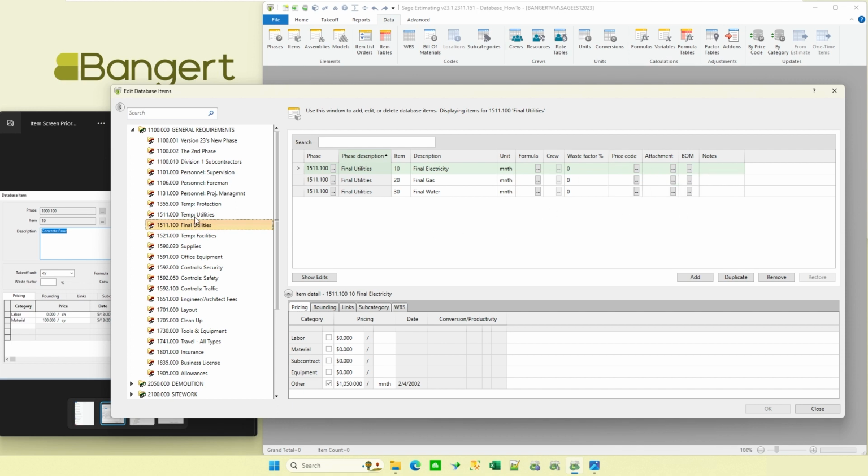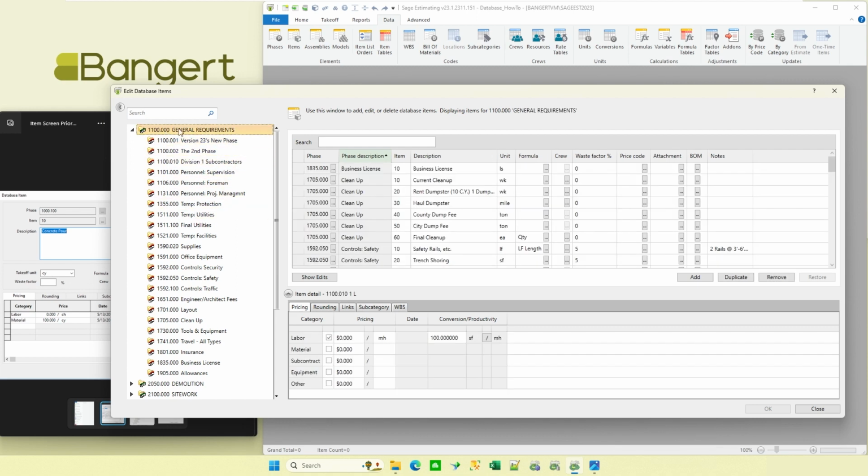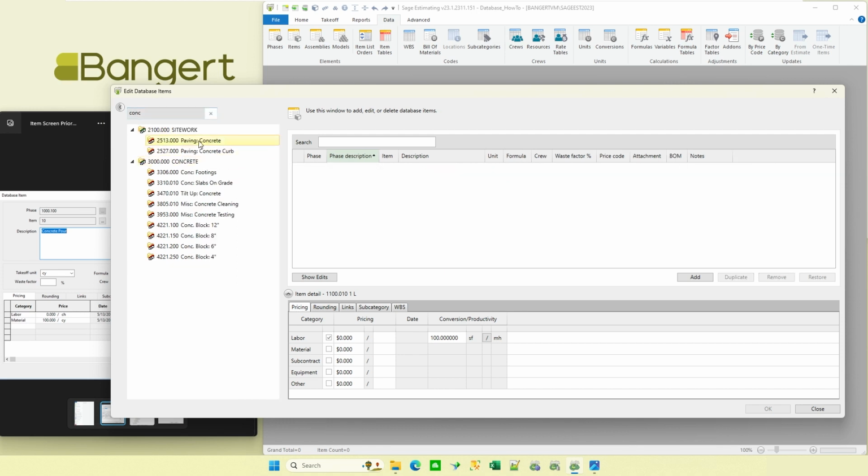So when I'm making modifications, I could see more than one item at a time as I'm going through there, doing some of those type of things. So I'm going to go up to my blank one here, and before I do, let me focus on this a little bit more. If I clicked up on group phase, it would show all the items in the group phase. If I came up here and said, go look for something like concrete, I could do a search to find all the different phases that have something to do with concrete in the description of the phases.